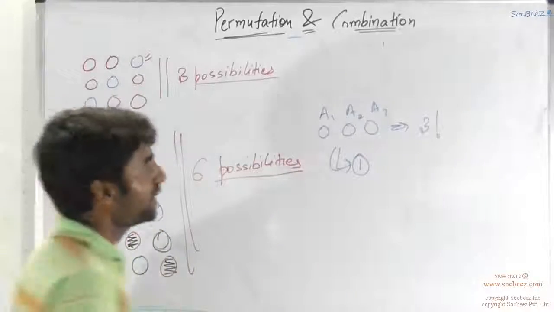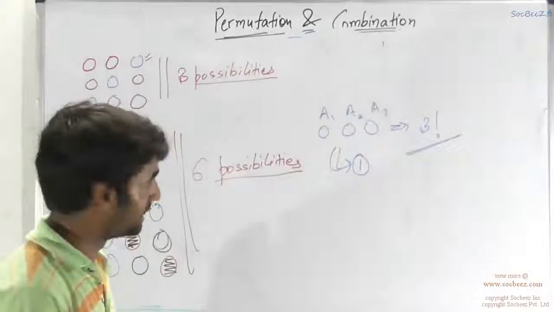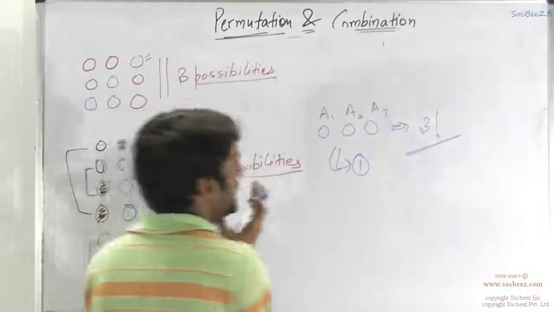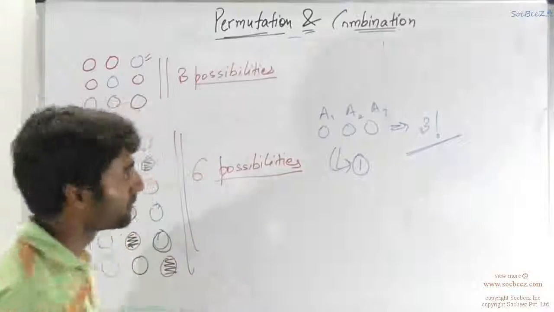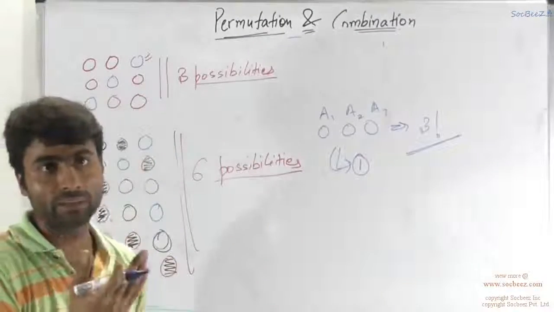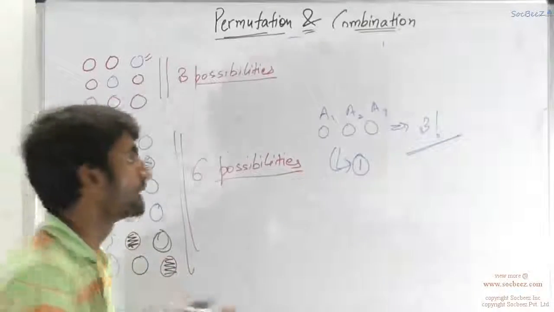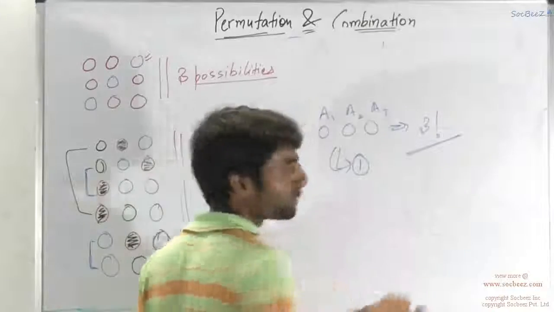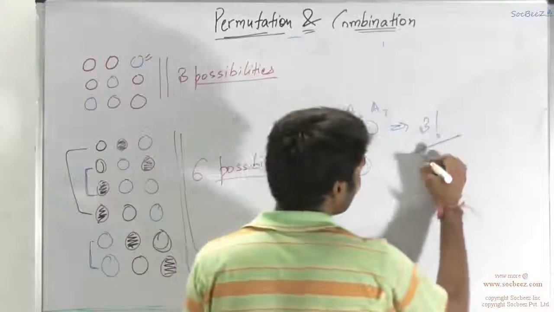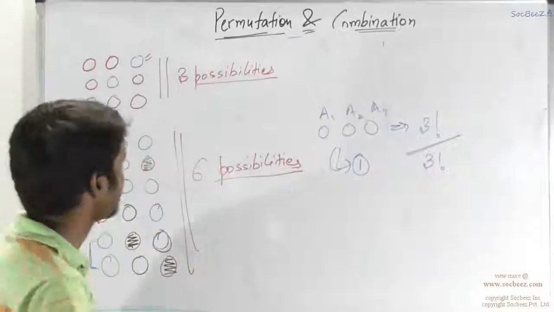So what is happening? You are dividing the total number of possibilities earlier by the basic permutations. It is shrinking down. That is how many elements you could have made that are now becoming same. That is 3 elements are becoming same. So how many permutations could you have formed using them? That is 3 factorial. Are you getting my point?